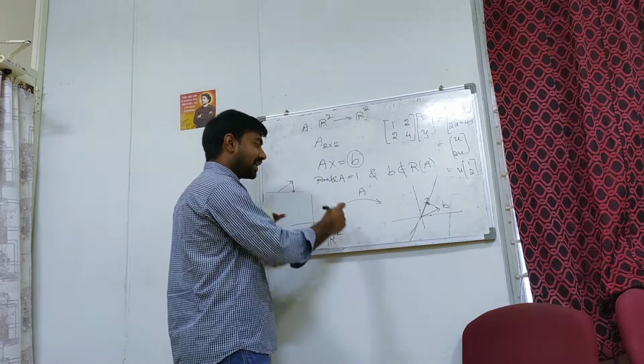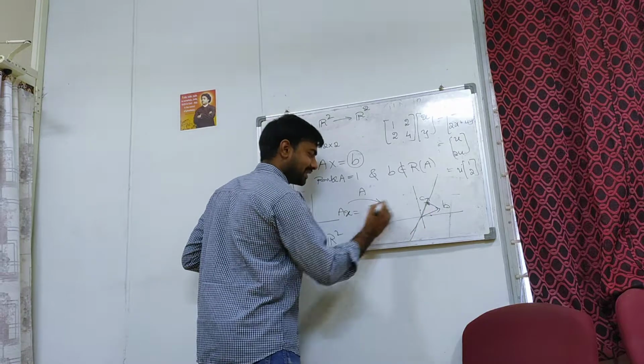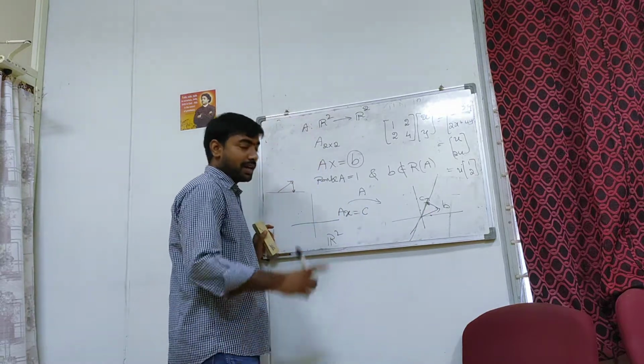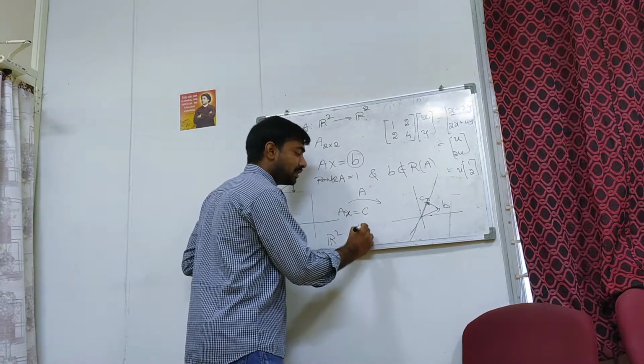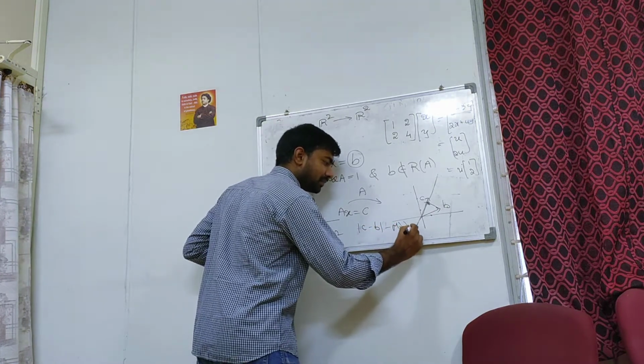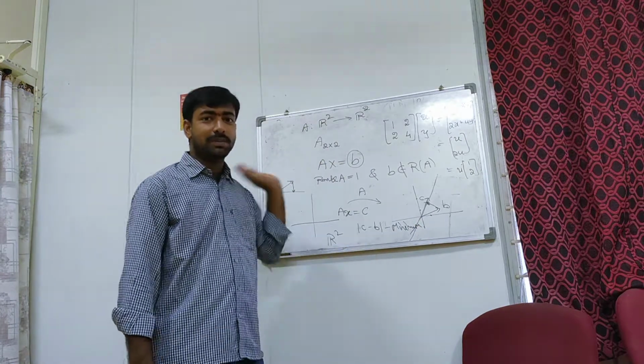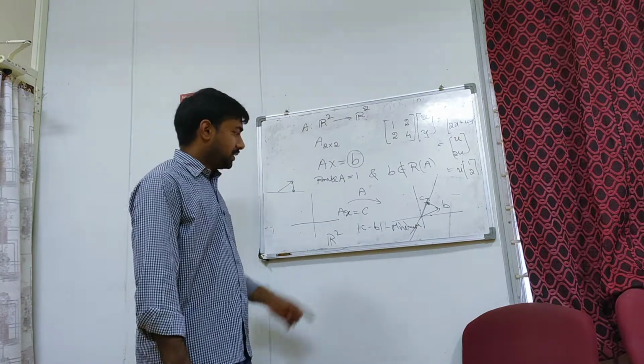like you try to take a vector x for which Ax equals this guy. Let me call this guy C. Ax equals C. Now I can see that the distance between C and B is minimum. So the distance between C and B is the minimum vector, right? So here,